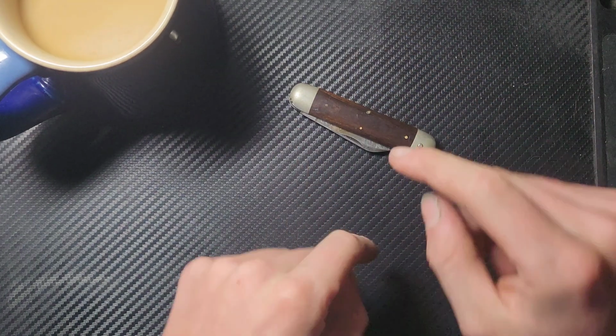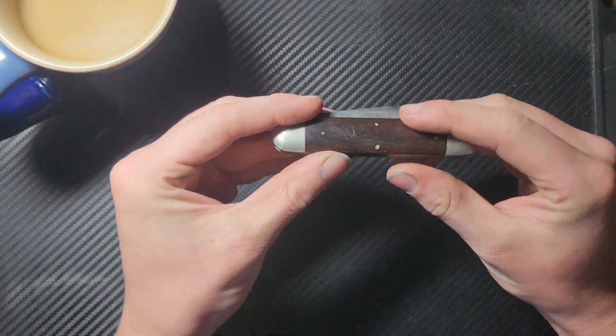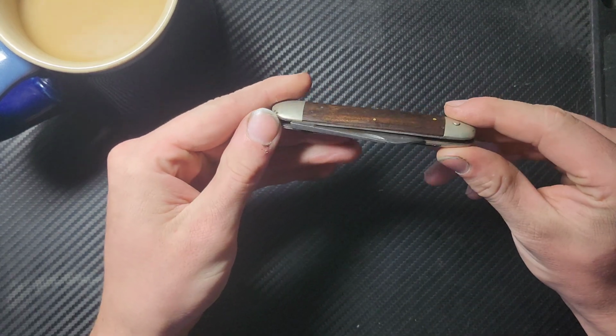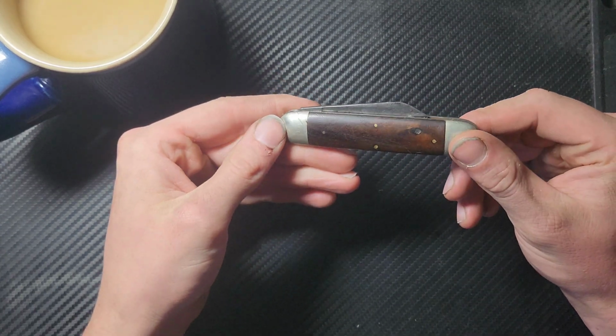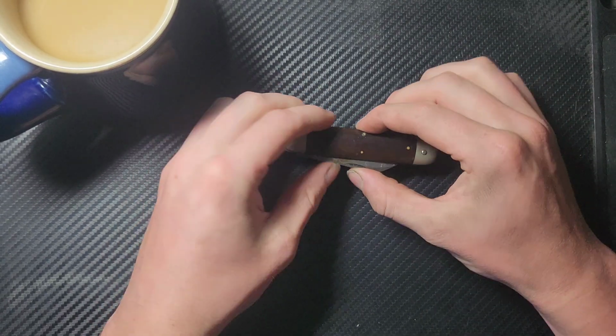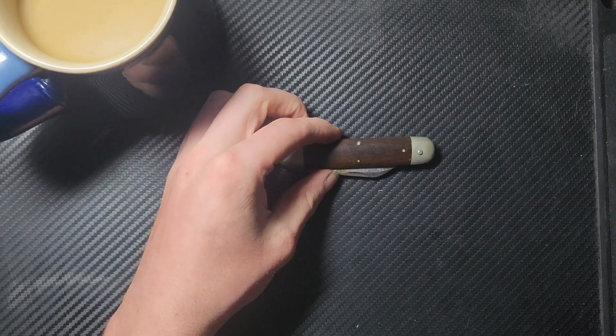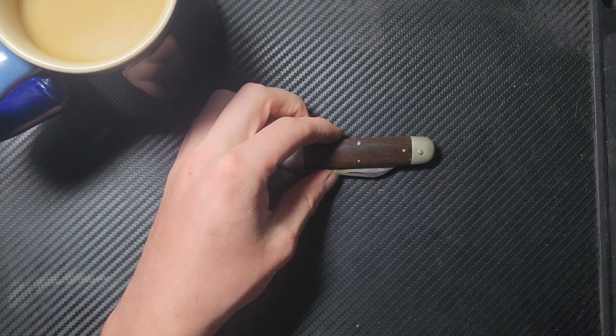Hello humans, today I wanted to talk about this guy right here. This is probably the coolest, most unique multi-tool that I own, and it is absolutely certainly the oldest multi-tool that I own. So this right here is